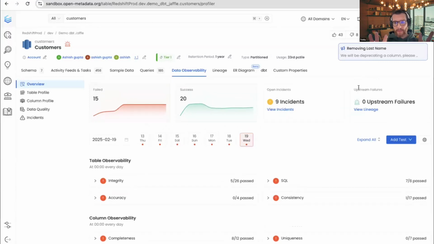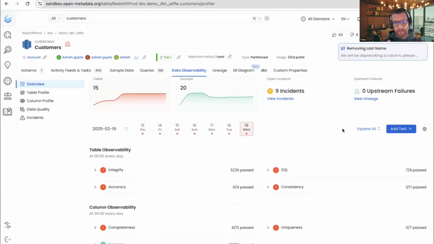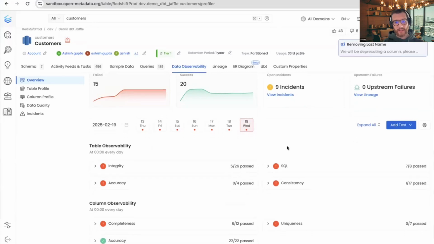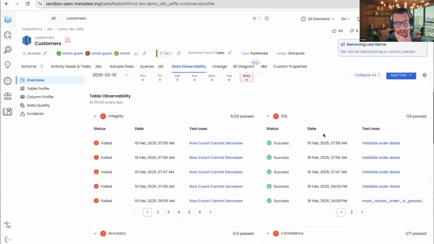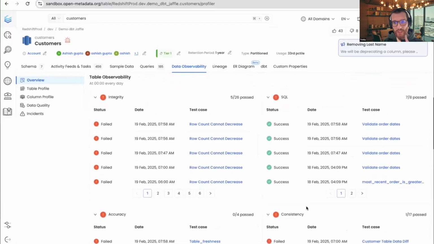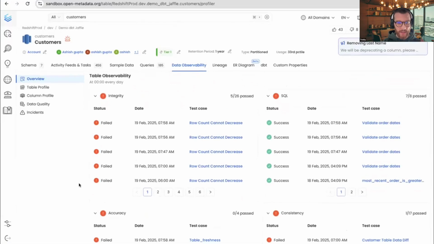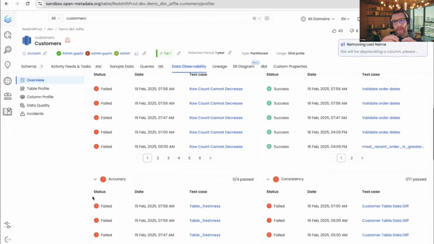So here I'm able to have an overview of the state of my table. I can also see the information broken down across specific dimensions. So here I can see that accuracy tests are all passing as expected, but all of the other dimension tests have some type of failure. So I can expand all of the categories and do a quick check of which test cases are causing issues and creating